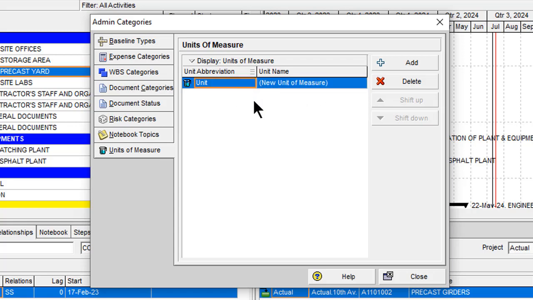So like unit abbreviation is SFT and unit name is square feet, and again add. Next one is CFT, the abbreviation is CFT and the unit name is cubic feet. Then add,